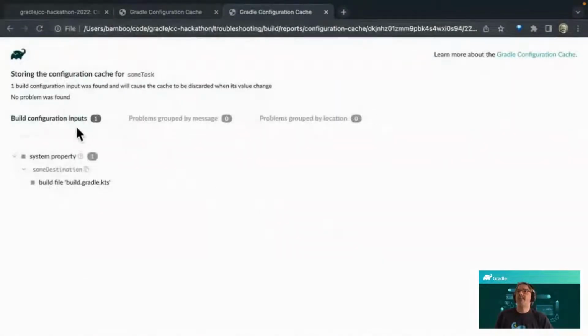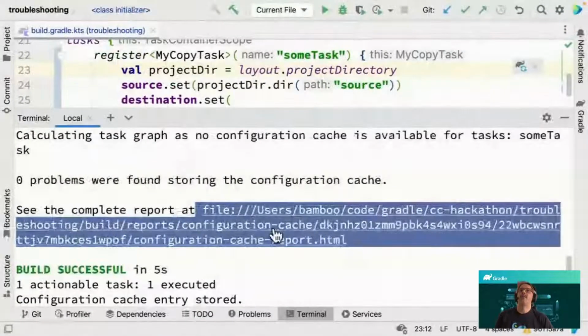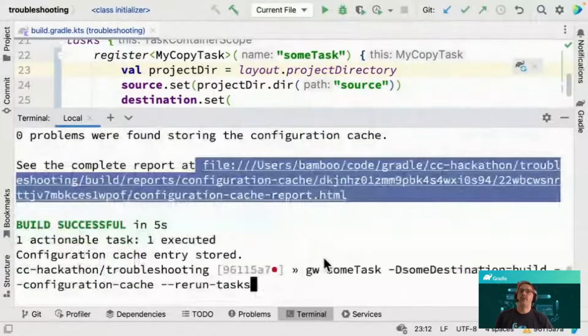And that's basically, we have one build configuration input. It's saying, okay, there's a system property, some destination. And when the value of that property changes, the configuration cache will be discarded. So let's see how that happens, right? So I'm going to execute this once more. This time I'm going to say